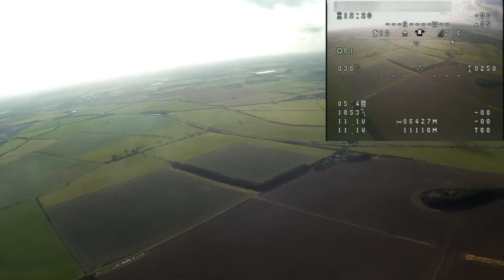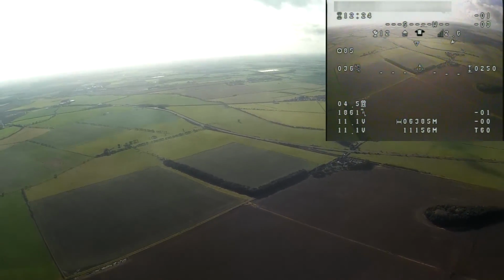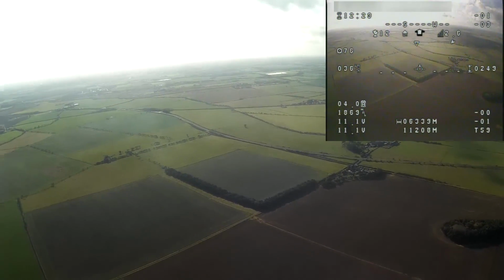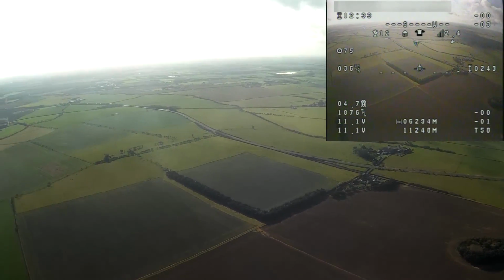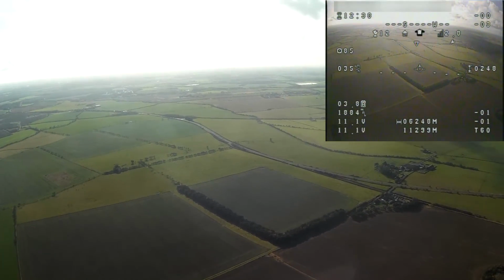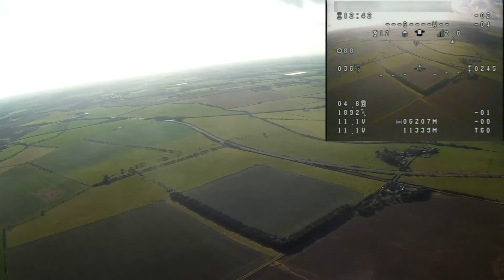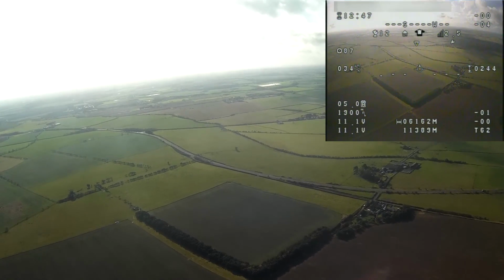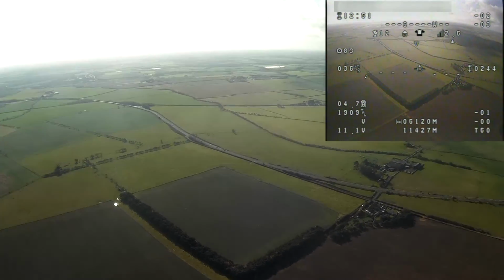So still progressing nicely. So about 35 kilometers an hour speed. Still only about 4 amps, which is great. The motor on this model is a NTM 3530. There's a 10x6 prop on there, and it seems to be a really efficient setup. I only carry 5 amp batteries. I know a lot of the guys that do this, some carry 10, some carry 15 amps of battery, but mine just flies with a single 5 amp 3 cell,